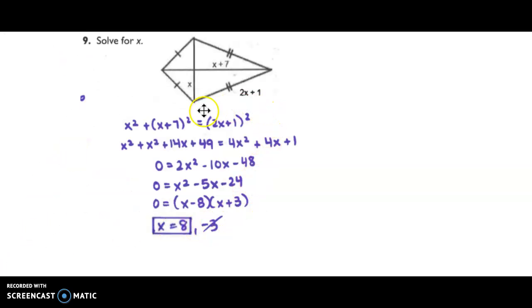Okay, again another factoring problem, right, using properties of the kite. I think this is a Pythagorean theorem because the diagonals are perpendicular. So x squared plus x plus 7 squared is equal to 2x plus 1 squared. Okay,